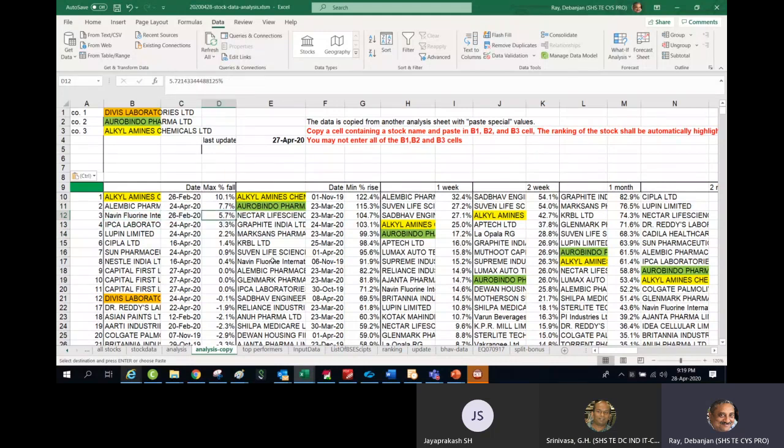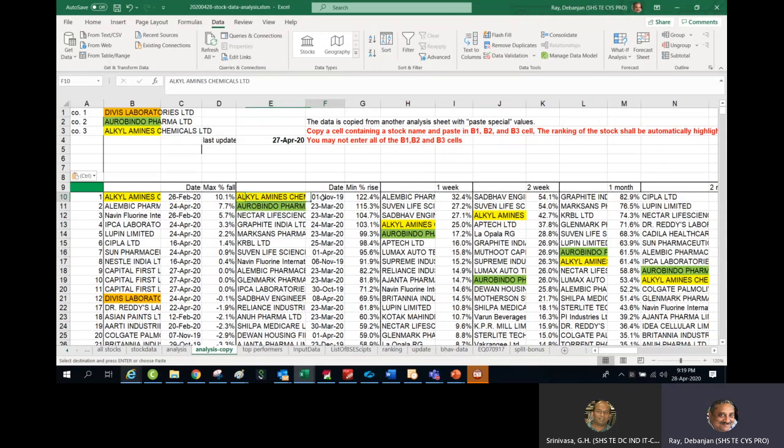From that, it has fallen by around 5.7%. Whereas this is the last 6 months data from which the stock has been up by so many percent. For example, let's take Alkyl Amines. From the 1st November, it has been up by 144%.